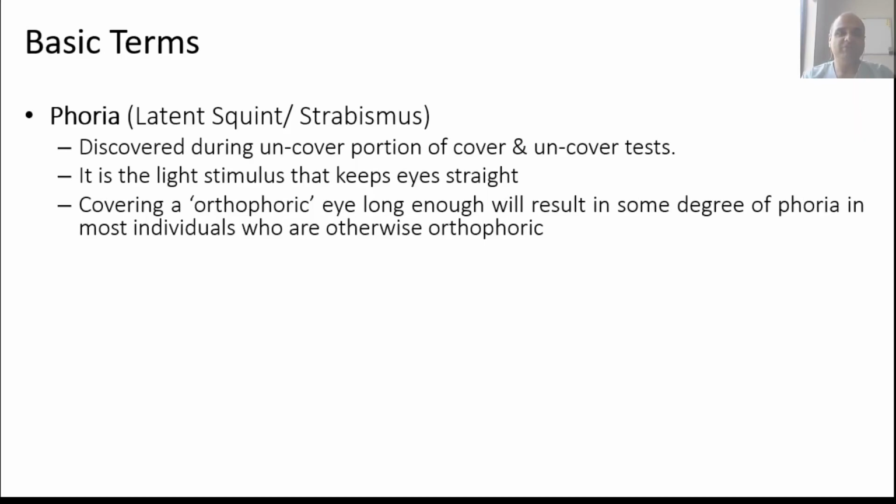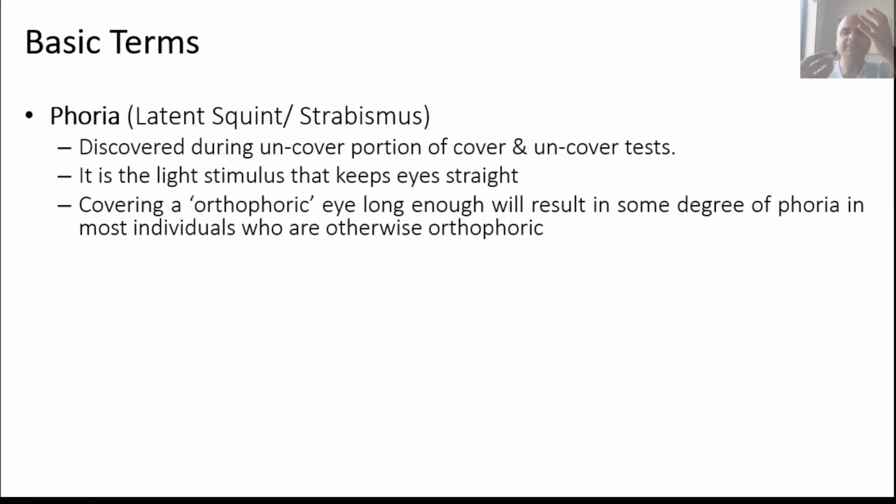There are two basic general types of squint. One is called phoria. Phoria is also called a latent squint or a latent strabismus. And this is something that only happens when you cover your eye. So if you cover one of your eyes, you are basically blocking all visual input from it. And this eye, which is not receiving any visual input, in this case my right eye, can sort of deviate from its position